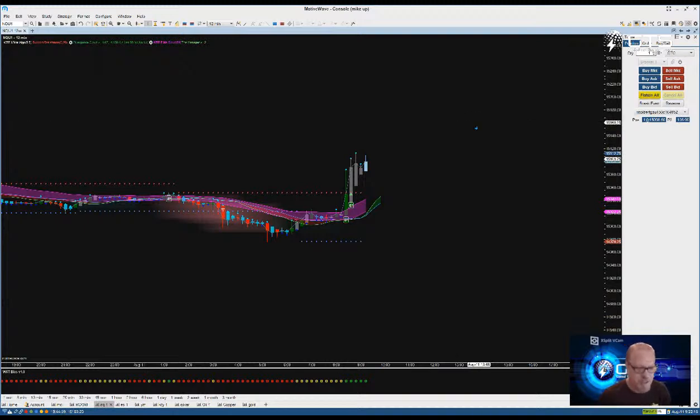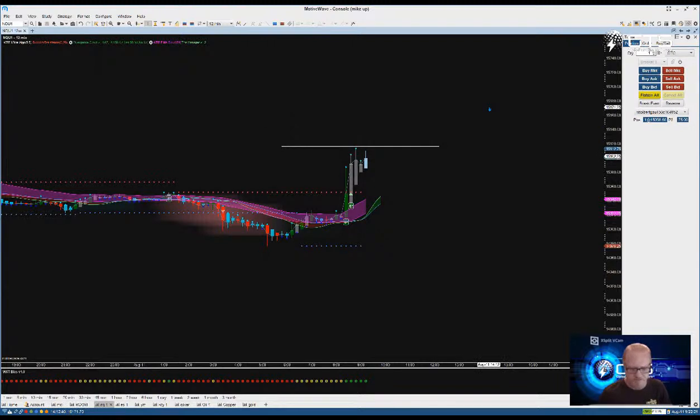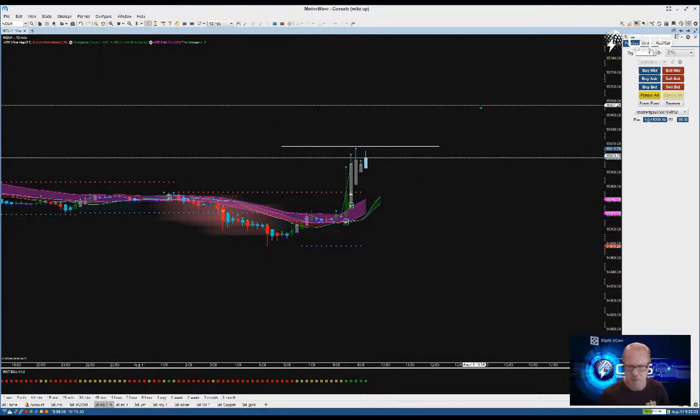So we could see this thing really jump. I mean, it could really take off. Also, Daniel, where's that fib level marker this morning? I'm going to ask you that because I know you like to keep up with those fib levels on the top side. I bet you our top side fib level is probably up there around that 158 somewhere.